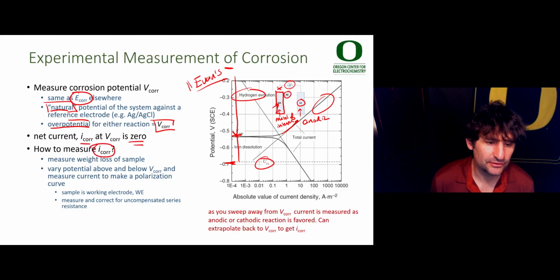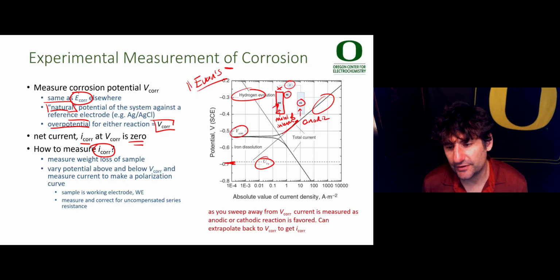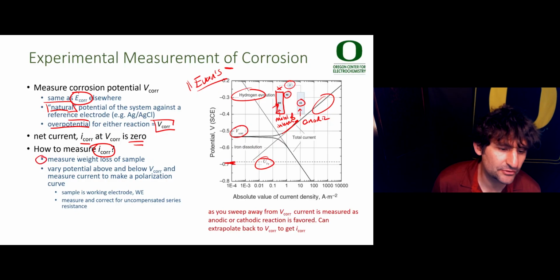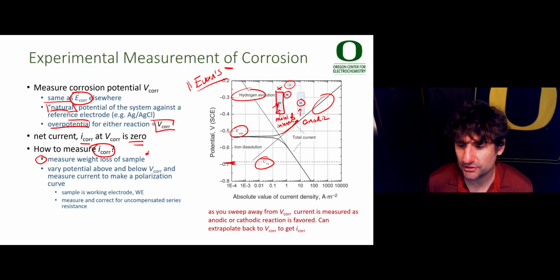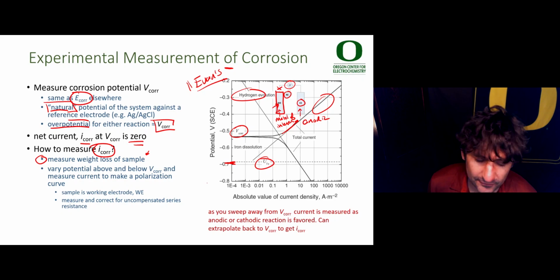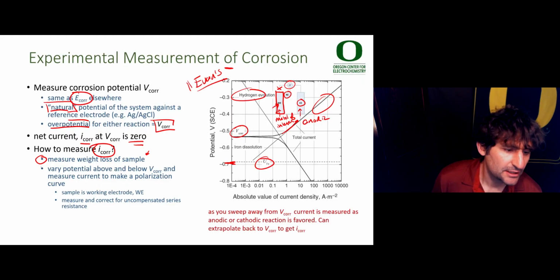How do you measure this corrosion current at the corrosion potential if the net current is zero? Well, there's a couple ways to do that. One is to measure the weight loss of the sample. So you could imagine you had this iron sitting and getting corroded for some time, and you took it out of the solution and measured its weight every certain amount of time. But another way to do that is building off the voltammetry I just described here. You can vary the potential above and below the steady state corrosion potential and measure the current to make a